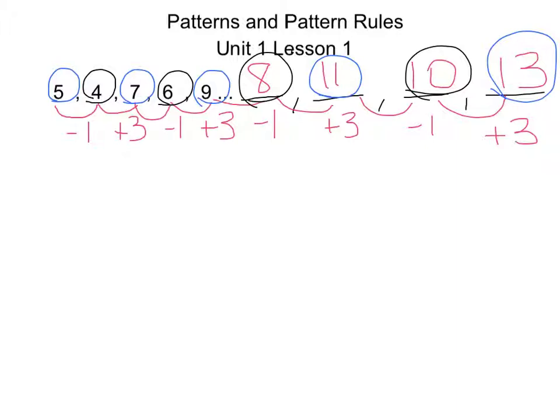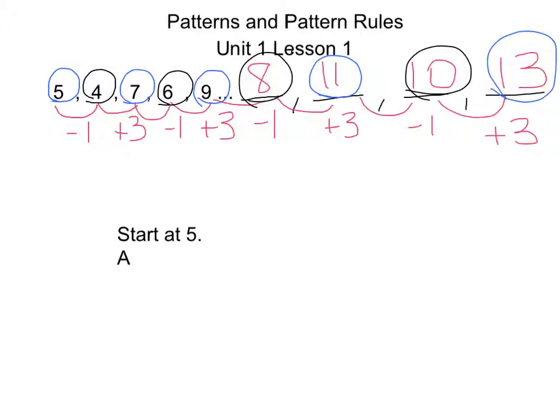There is one final step to this, and that involves writing your pattern rules. So we have 2 things to state. We always tell where we start, what number we're starting at. So in this case, we start at 5. So that's your first sentence. And then your second sentence explains what you're doing, what the pattern is. So we're going -1 plus 3, -1 plus 3. So we're actually alternating between 2 different